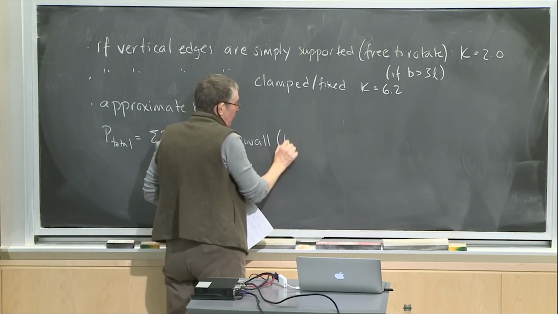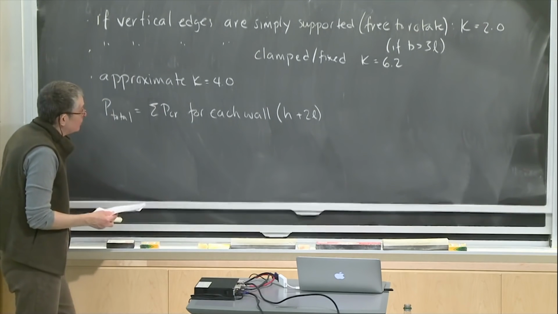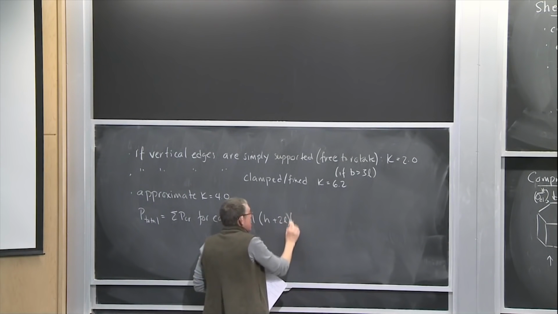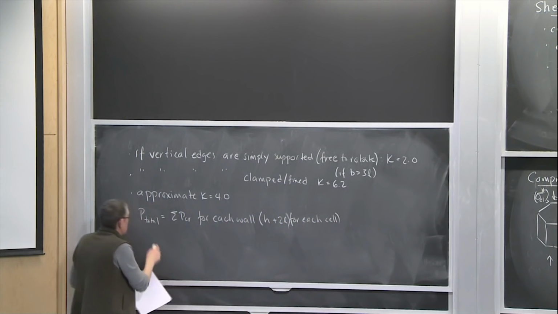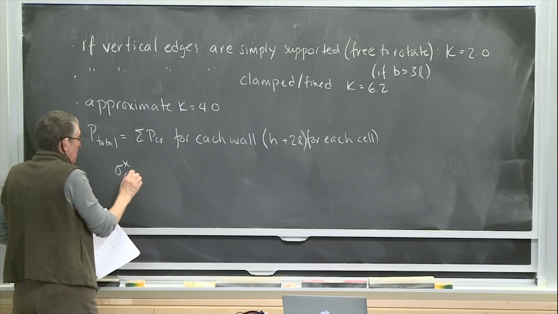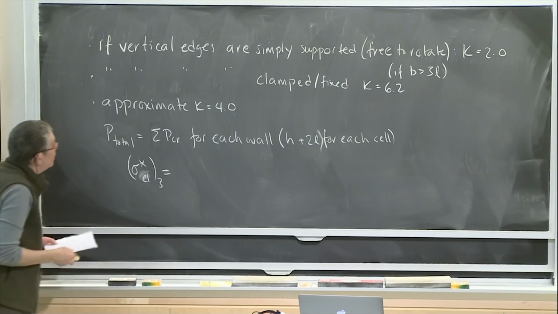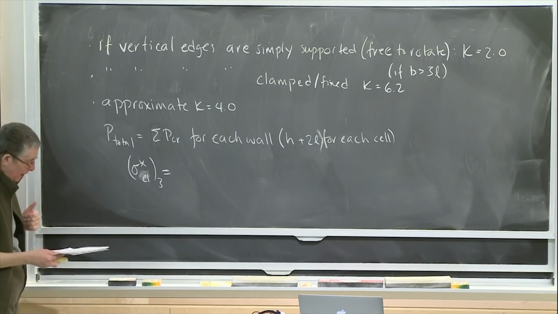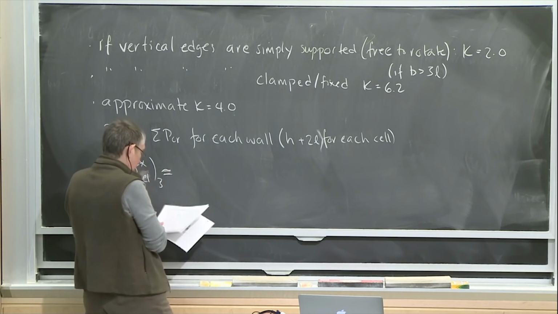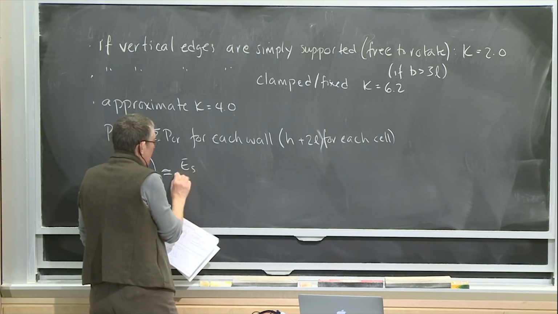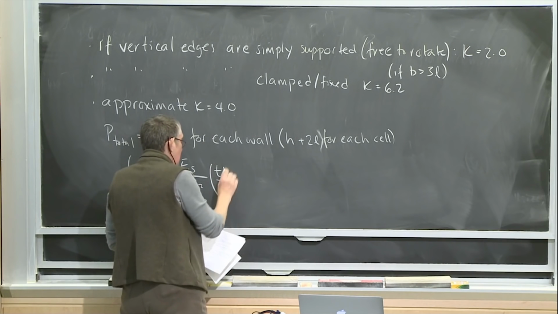So for the unit cell, I have one wall of length H and 2 of length L. And so if you just take that total load and divide by the area of the cell, you get that this compressive strength for elastic buckling is approximately equal to ES over 1 minus nu s squared times T over L